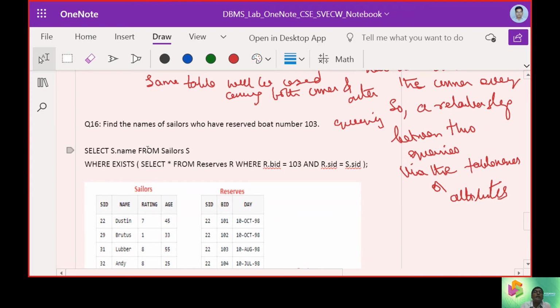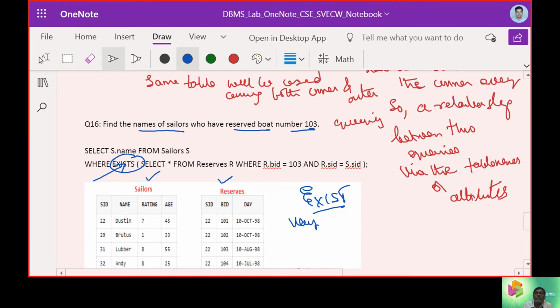Now, let us look into an example here. Find the names of sailors who have reserved boat number 103. So we can use only sailors and we can use only the reserves table. We are not using the boats table. Now, first time we are using a word called EXISTS.